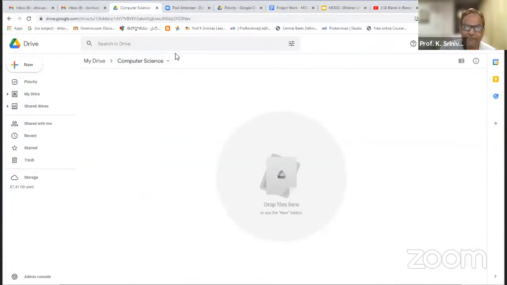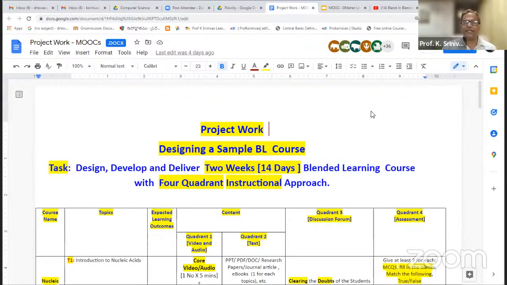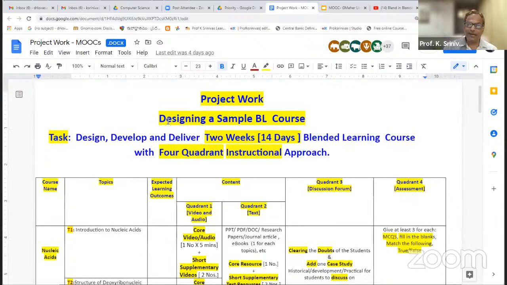So I have created a folder in Google Drive. Before that, let me explain this one. I think I forgot to explain this. What is the project work I had given to you? You are designing a sample blended learning course. This course is a 14-day course, where 2 days per week students are coming to the campus, and the remaining 5 days the learning